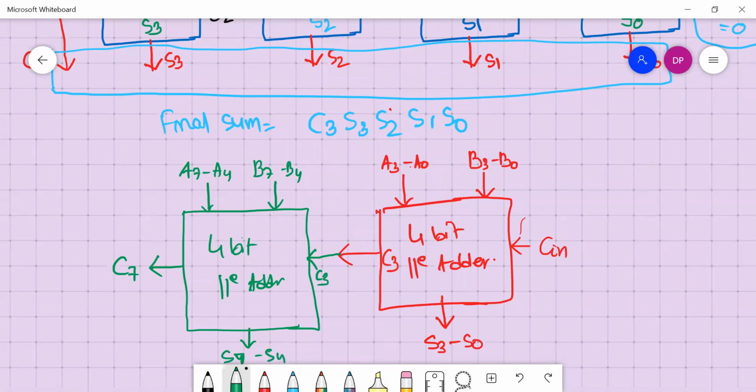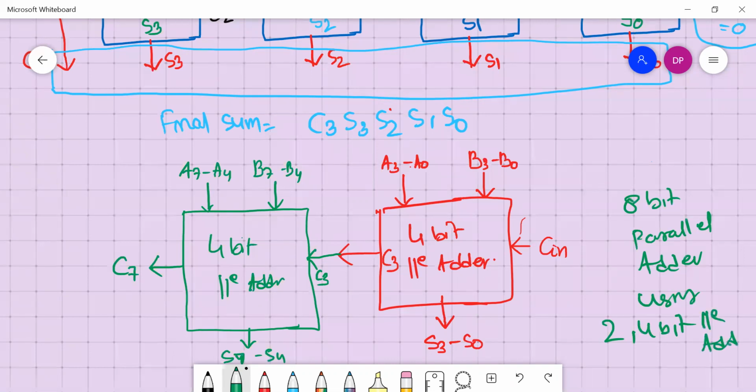This is the 8-bit parallel adder using two 4-bit parallel adders. Or you can use 8 full adders.